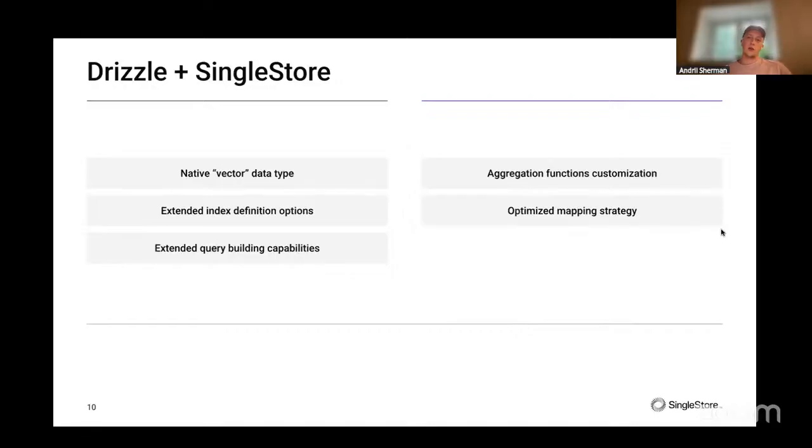One of the updates we're preparing for a future release can make it even faster, because this exact part is important for us. So you can select anything from SingleStore fast, and Drizzle won't slow you down, because SingleStore is fast. You can do that really well, and Drizzle won't slow you down, so you can keep the same performance. And there are a lot of other things that I'm definitely sure you will find through your way of using Drizzle and SingleStore together.